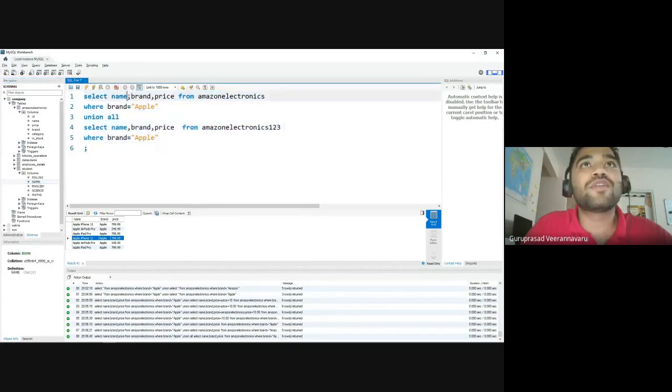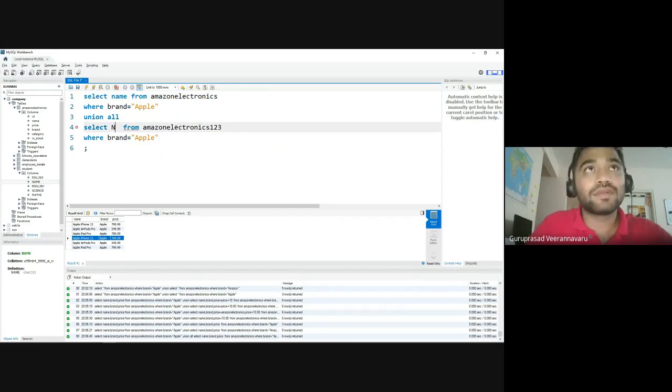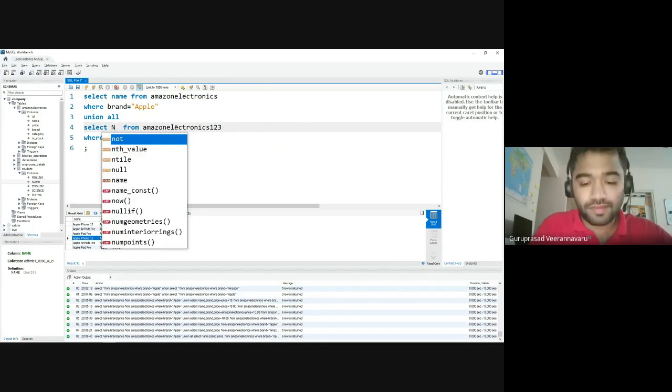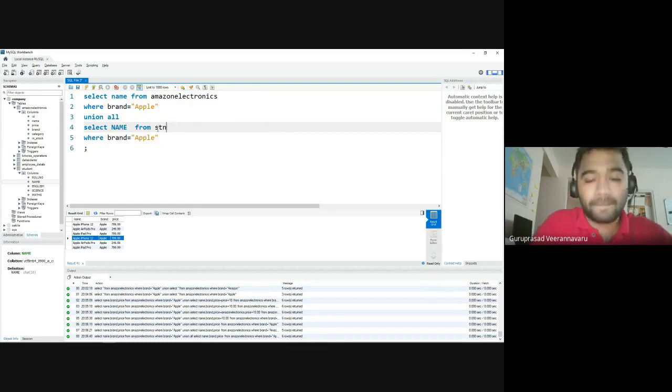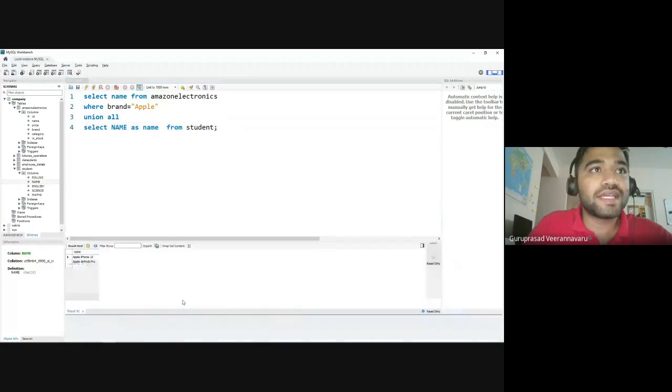So select name from Amazon Electronics where brand is Apple, and I'll do select name from another table, the student table, name as name. I don't do anything. Now both the tables are different, right? But even if I run this, it should still run. Okay, see. So it has taken the value name from